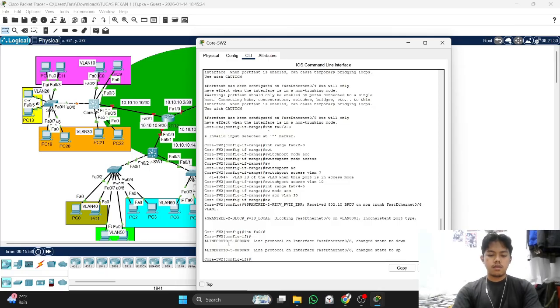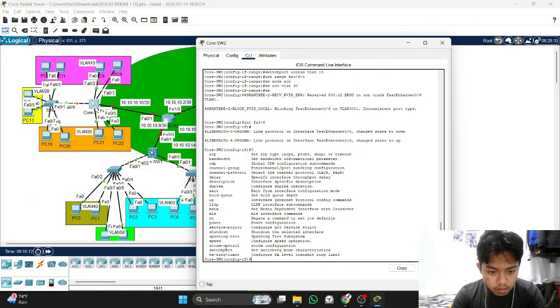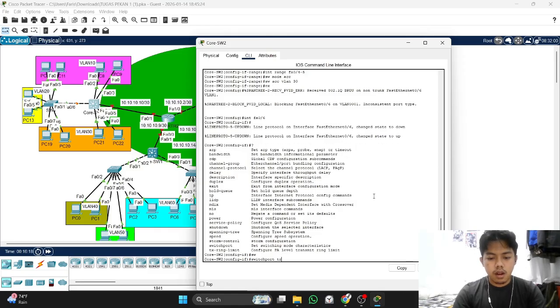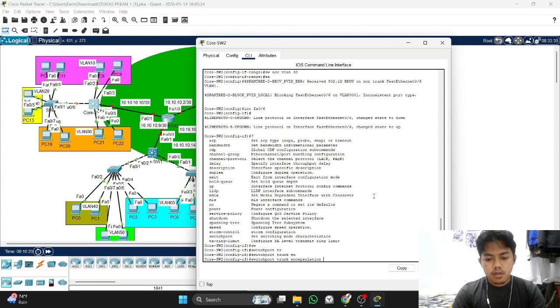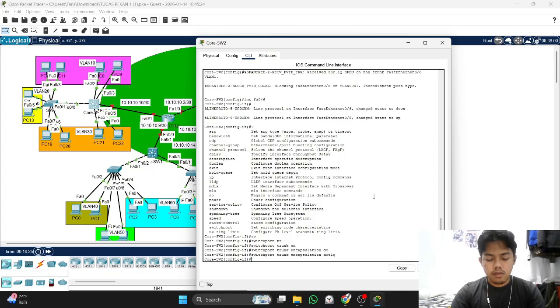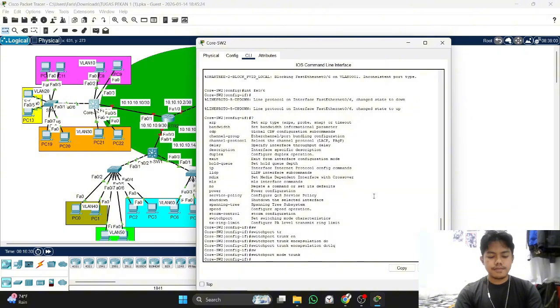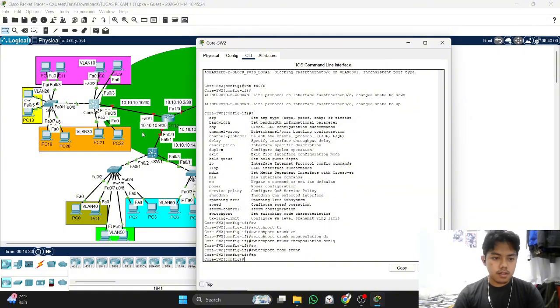First you write, I forgot. First we write switchport trunk encapsulation dot1q and then enter. After that we write switchport mode trunk. Okay, the trunking is successful.